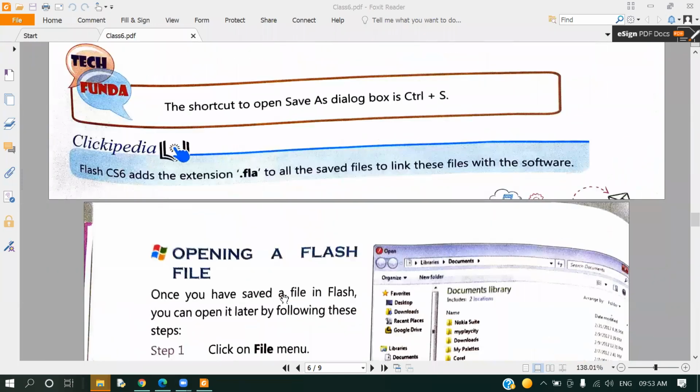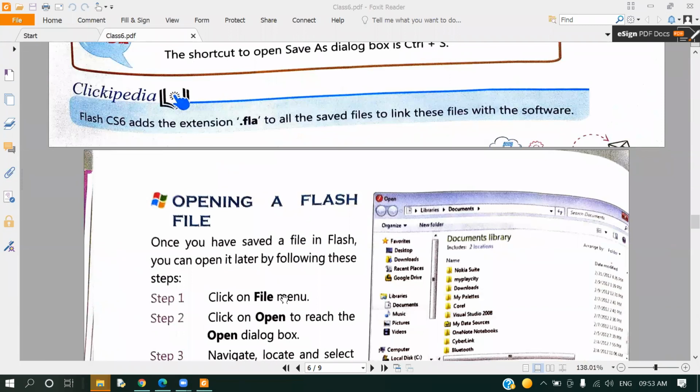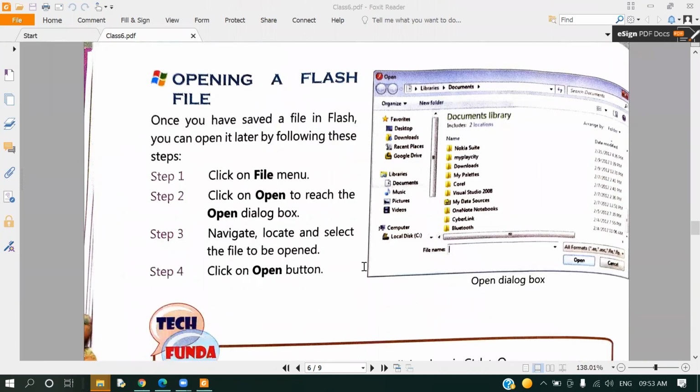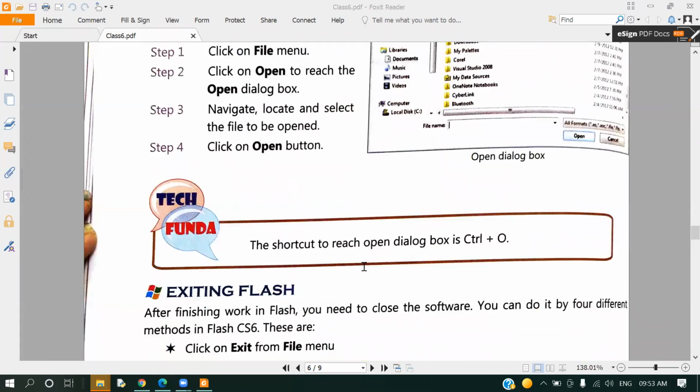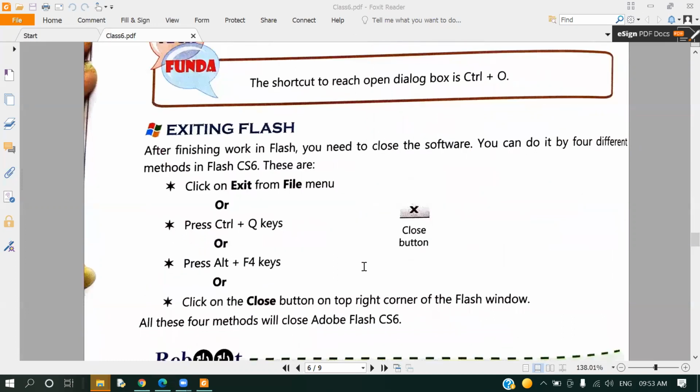Then opening a file. If you want to open a file, then Control plus O is the shortcut key. Control plus O, or we can say we go for Flash file tab, and then we'll click on open button. Exit के लिए we have 2-3 keys available. The first is Control plus Q, then Alt F4, or we click on exit from the file menu, or close button from the right corner of the Flash. You can see this cross button. Every application has a cross button. Okay, so we can go for close, or this close button.